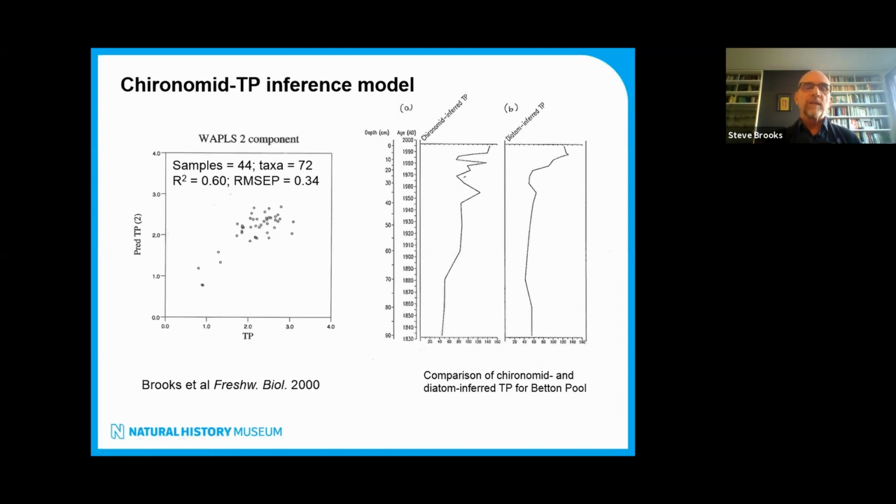So we worked out the total phosphorus optima for each midge taxon, and then used weighted averaging to develop that. Then, using leave-one-out, you can estimate the midge-inferred total phosphorus of the lake using all the other lakes in that training set, the other 43 lakes, and compare the inferred total phosphorus based on the midges against the known total phosphorus to develop this inference model. So you can see that it's a relatively good